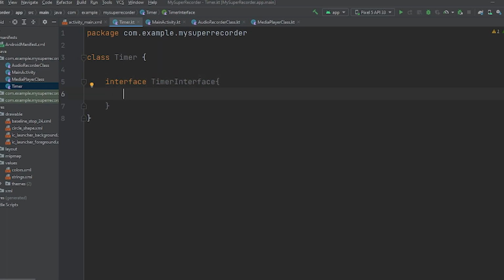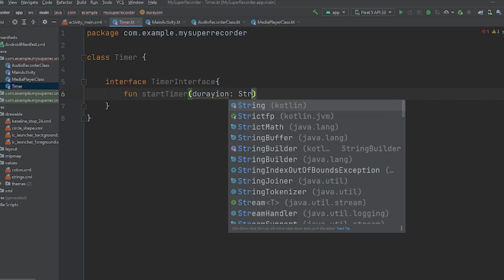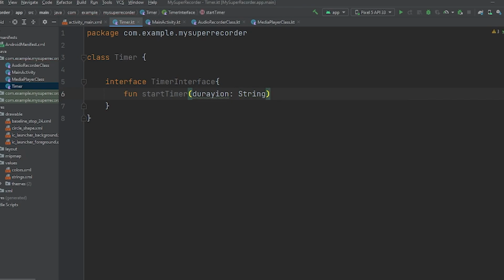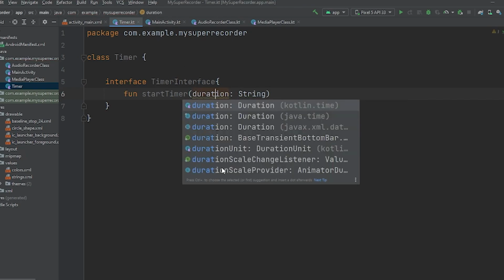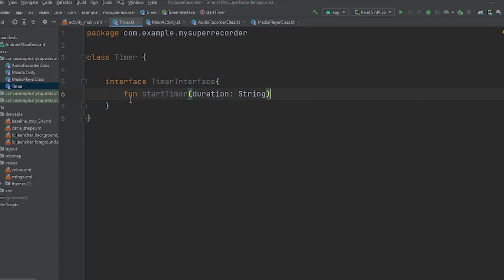And in the body of the interface, let's create a function start timer, and this function will receive as an input parameter the duration of time, duration of type string, of course, because our text view is of type string. Alright, we have created the interface,